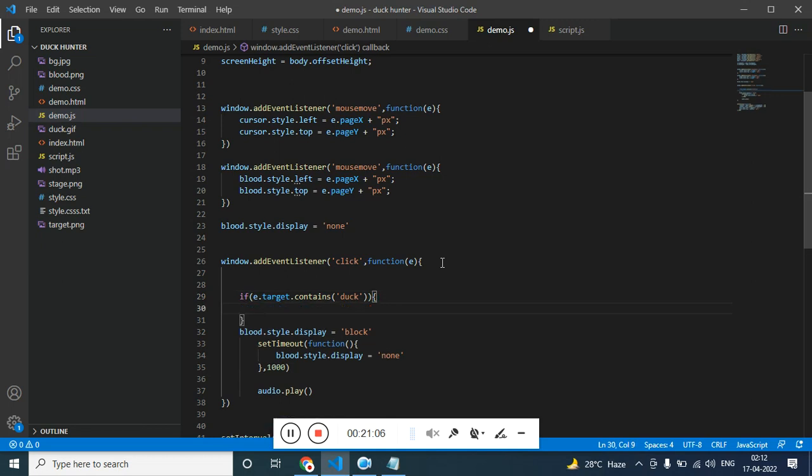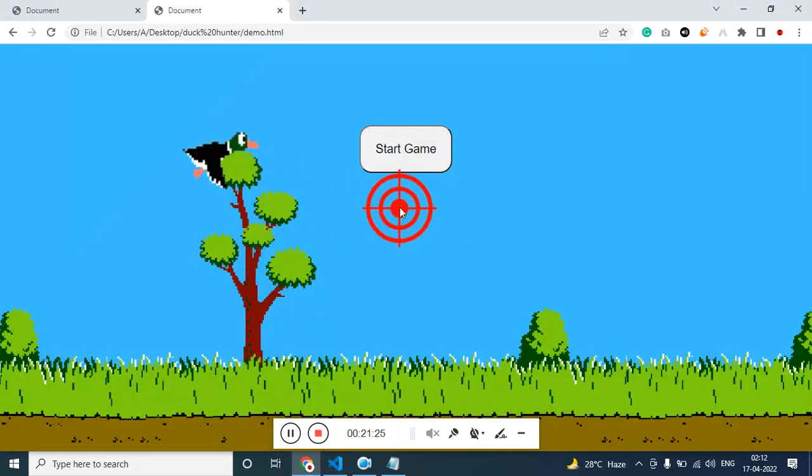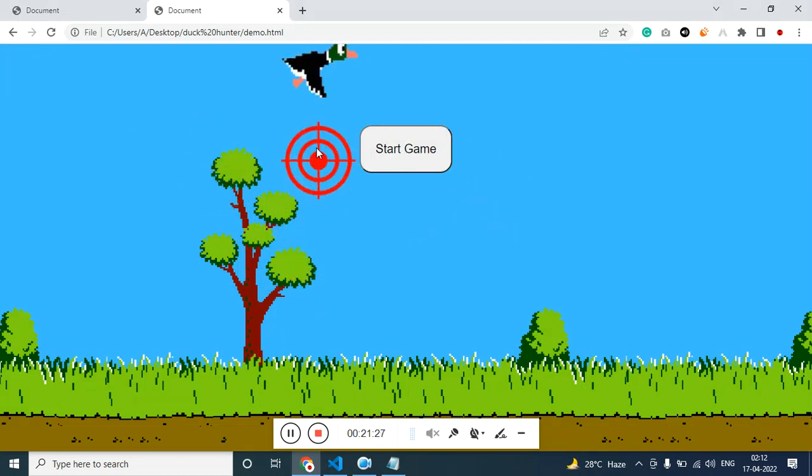If I click on the duck, then I want to increase the score, or let's say alert. We'll just say you caught the duck. Duck caught. Refresh it. If I click on the duck,